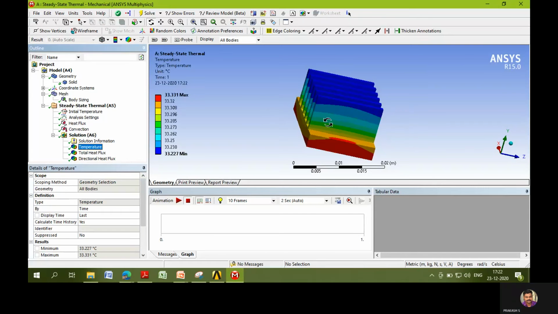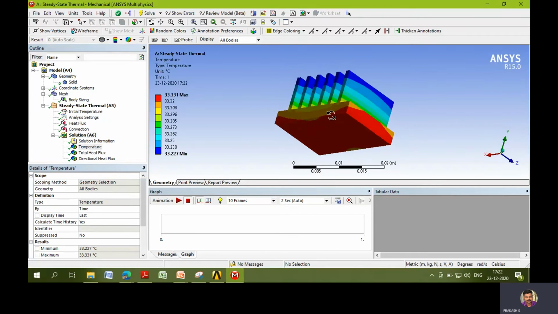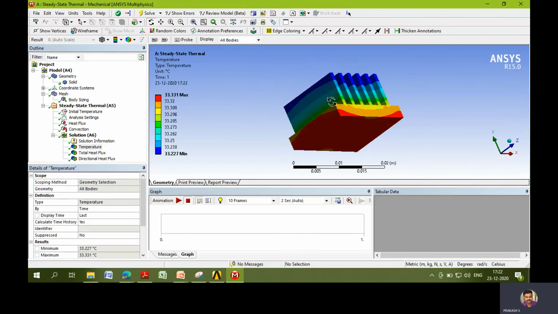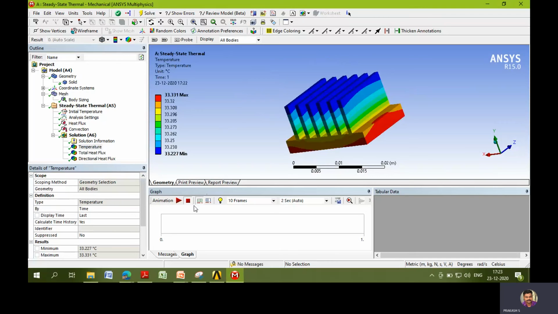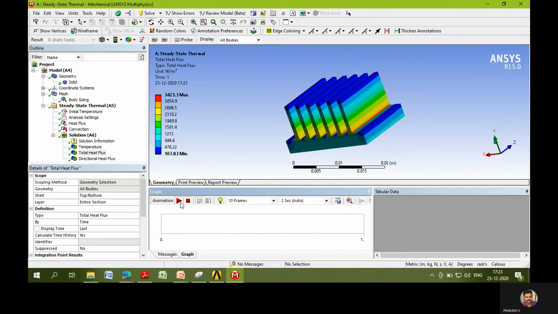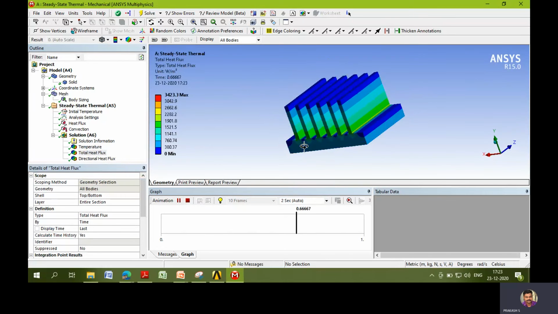Okay, see how the temperature will take place. If you want to see the animation, see how the temperature will take place. The maximum is 33.3. Click that play button. You can see how the temperature and heat flux will take place. Now you want to see the total heat flux also. Click here and see the total heat flux.